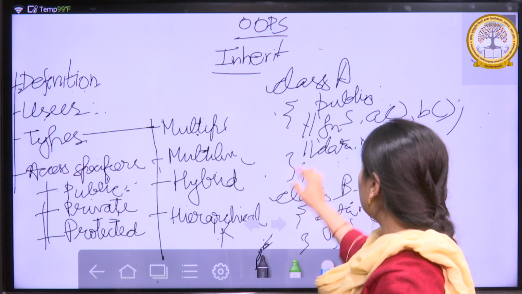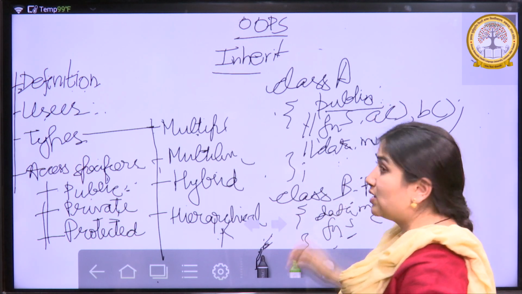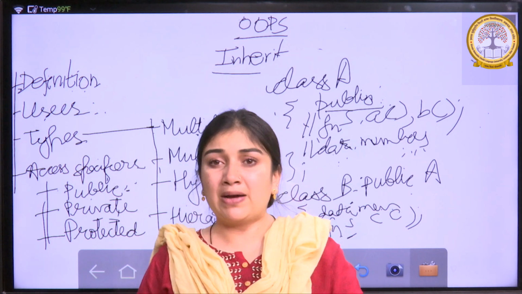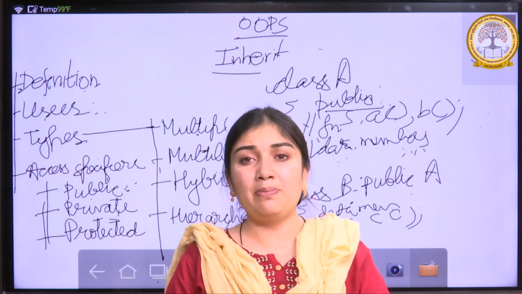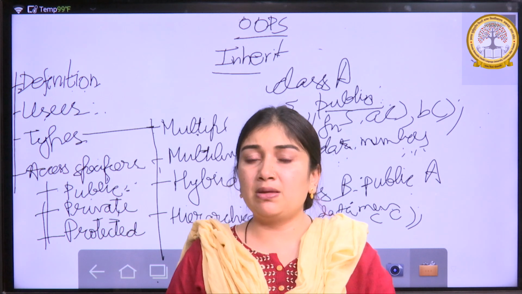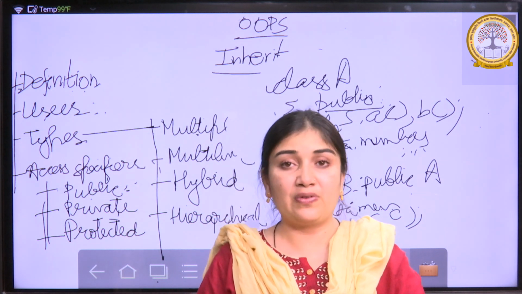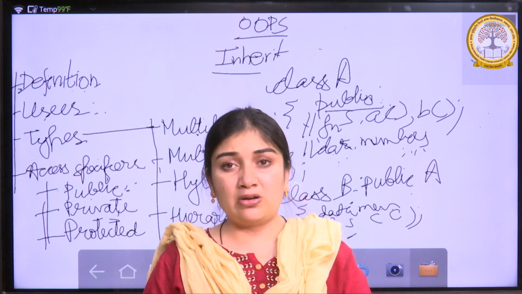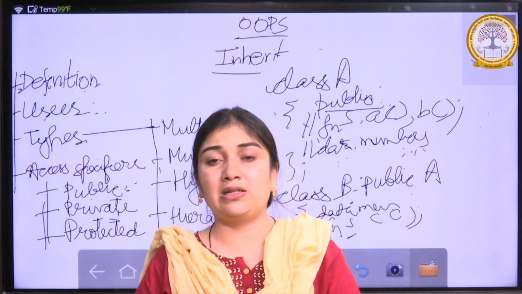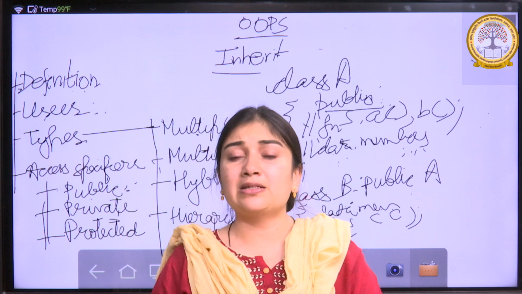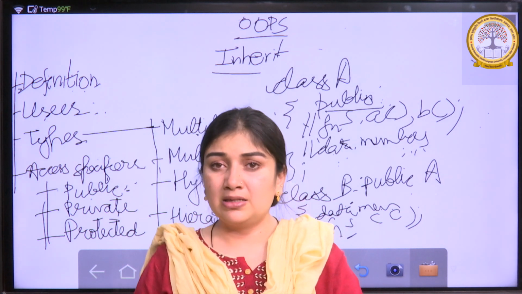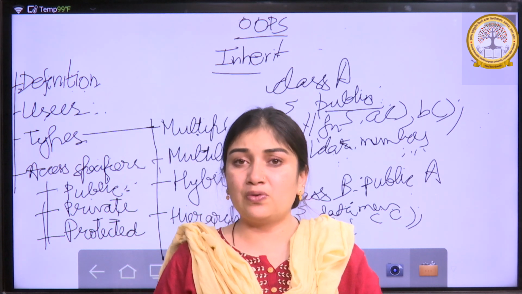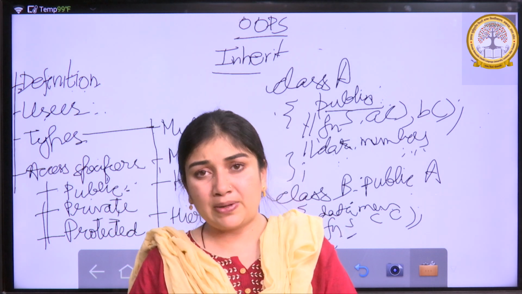In C++, if we don't write the keyword public or private, if we leave it blank, then by default it is considered to be private. My data members and member functions, if I am a class, will be considered private, and will not be accessible to any other class until and unless I declare them to be public. And if I haven't declared anything, it is by default considered to be private.